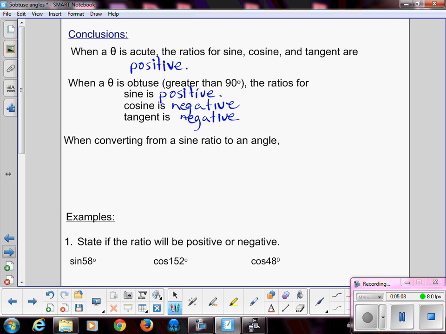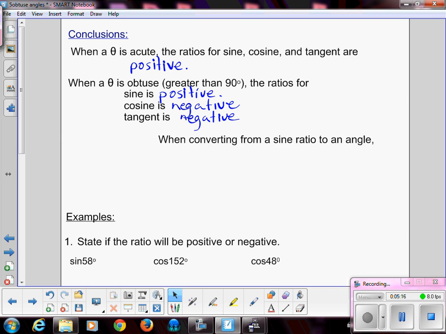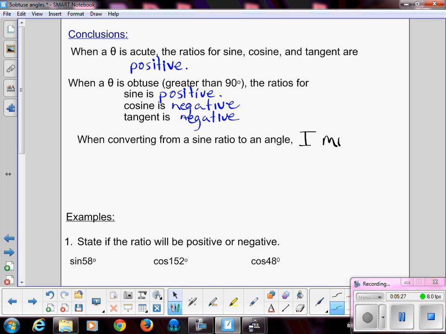So when converting from a sine ratio to an angle, we got a problem. Okay, so we have a problem that we have to somehow figure out. I'm just seeing whether I had what the problem was. I didn't, so I'm going to have to write it down. So when converting from a sine ratio to an angle, I must find